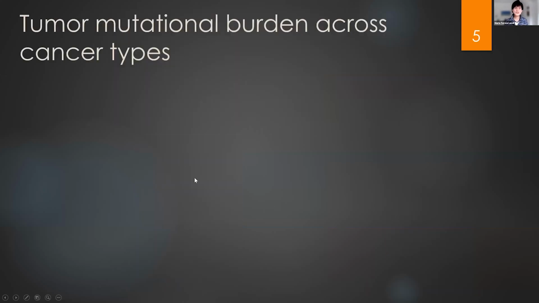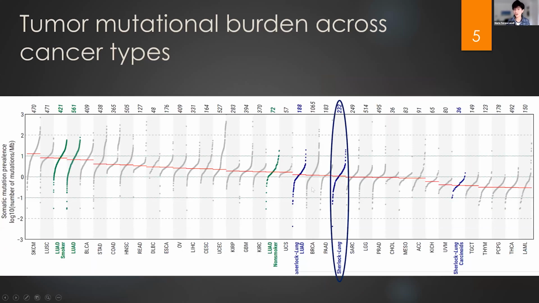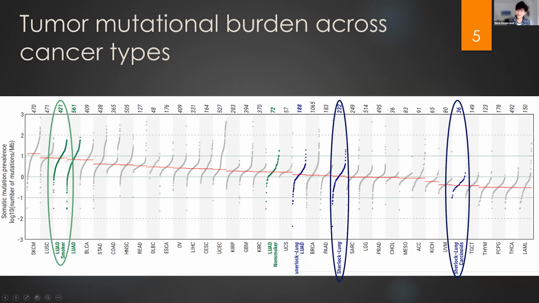The first thing we observed when we looked at the tumor mutational burden in the first set of 232 cases is that in this Sherlock study, in the non-smoker subjects, the mutational burden was lower, particularly in the carcinoid subtype, than in many other cancer types, including adenocarcinoma from smokers that we obtained from the TCGA study.